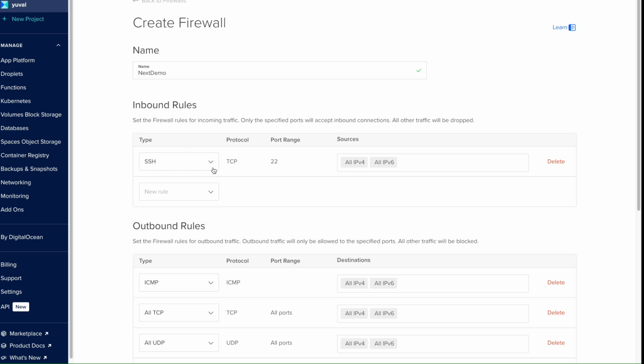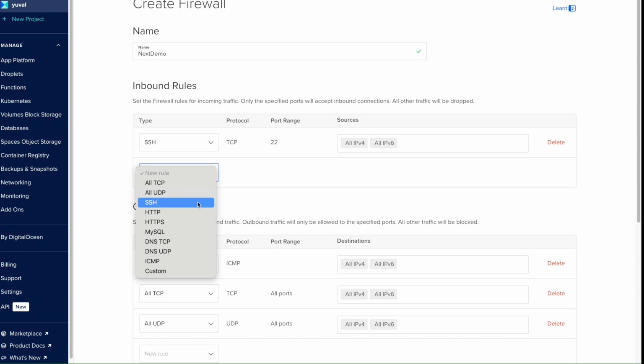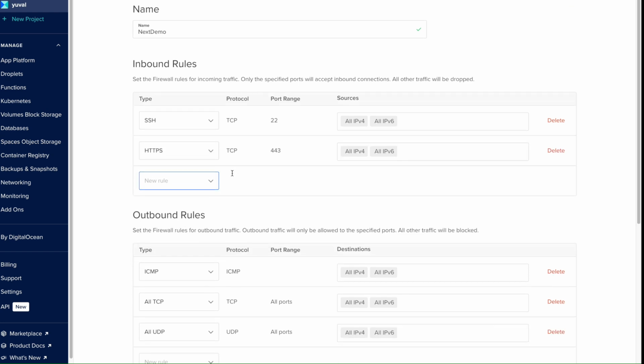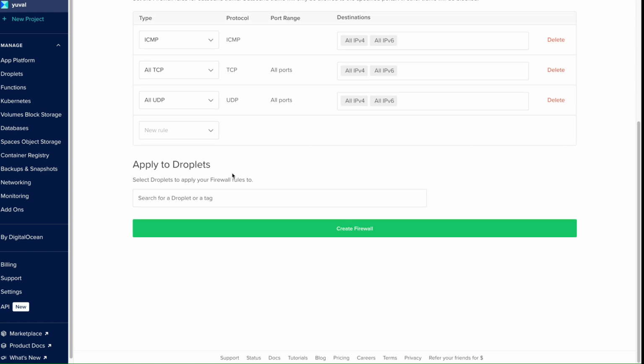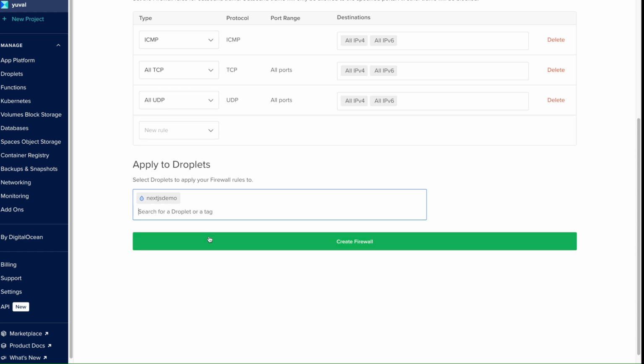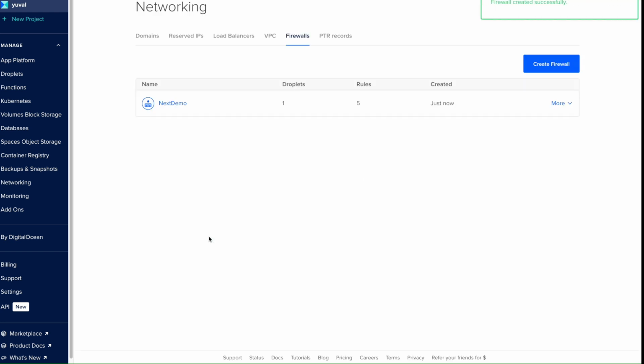Then we want to be able to SSH to the server. So I will keep the SSH rule. Then I'll add HTTPS because we need incoming traffic. And that's it for now. So let's just add the droplet. So we have the Next.js demo. We're associating our droplet with this firewall. And that is it. Now we have an additional security layer over our app,